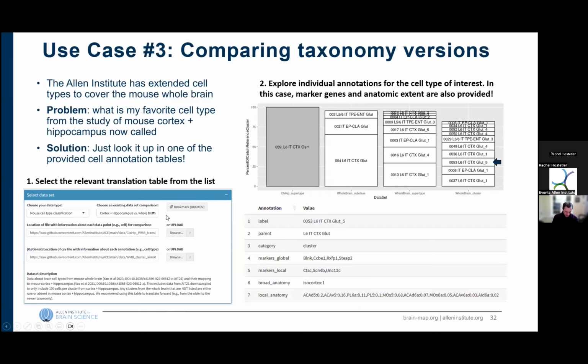And then as a final example for comparing taxonomy versions, we've talked about this one quite a bit, that the Allen Institute has extended cell types to cover the mouse whole brain. And we want to know, what is your favorite cell type from the study of mouse cortex and hippocampus now called? And the way you would do this is just look it up in one of the provided tables. I've mentioned the various tables that are currently available. One of them is this comparison of cortex plus hippocampus to whole mouse brain. So you basically choose that data set and then go to the